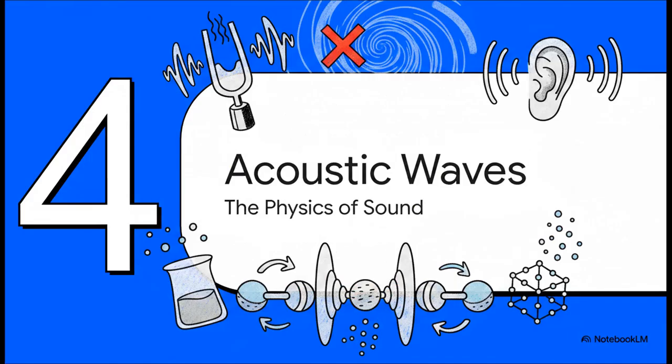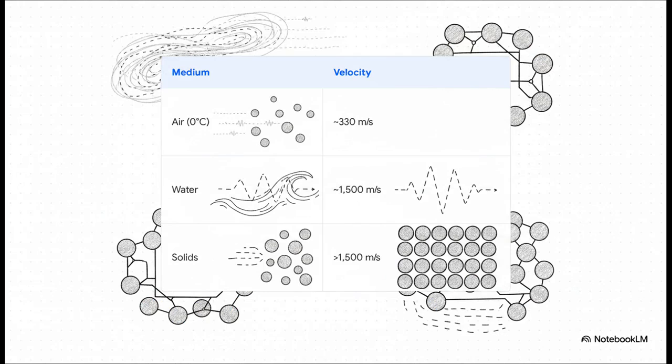All right, Section 4, acoustic waves and resonators. Let's switch gears and talk about the physics of sound. Like we established earlier, acoustic waves operate on similar mathematical structures to EM waves, but they fundamentally require physical matter to exist and travel, things like gas, liquid, or solids. If there's no medium, there's absolutely no sound. Because sound relies on physical molecules literally bumping into each other,